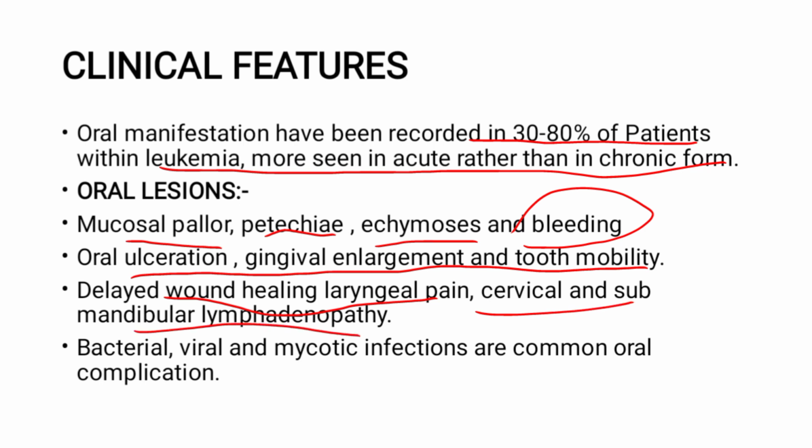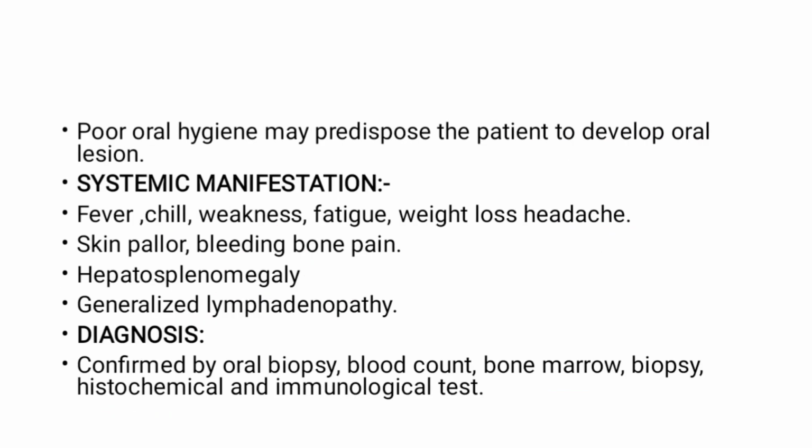Very important question. If you can see in leukemia, which lymph nodes are basically affected? Cervical and submandibular lymph nodes basically become pathogenic. Okay, bacterial, viral, and mycotic infections are common oral complications. The patient suffers from bacterial, viral, and mycotic infections. Okay, then poor oral hygiene may predispose the patient to develop oral lesions. Now first we have told you about oral manifestations, which were paler oral mucosa, gingival enlargement, petechiae, ecchymosis, bruising,